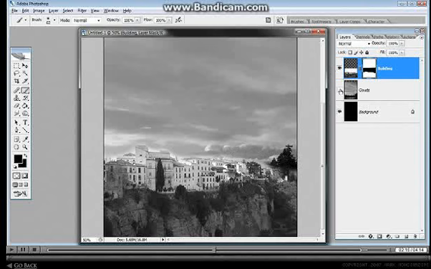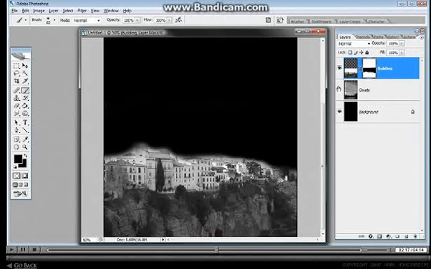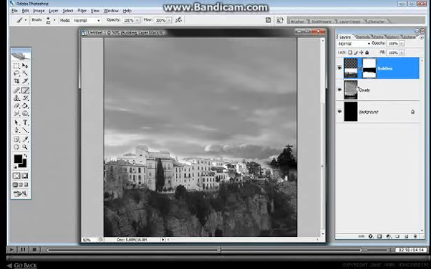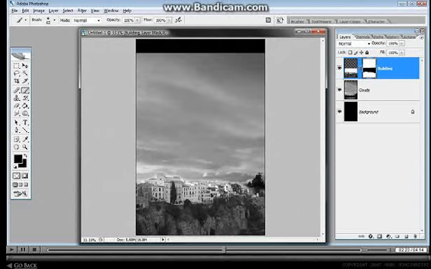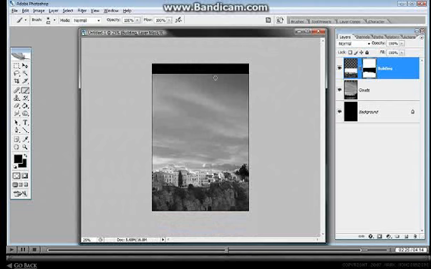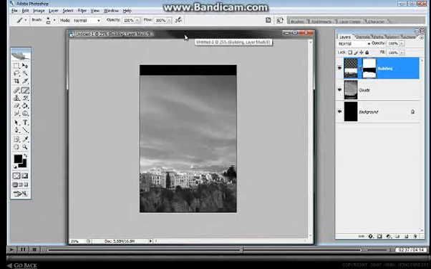And if I make that invisible, you can see this is the before, and this is with the clouds layer below it. So what we're going to do is use this as the background. But we're also going to fade or use a gradient and fill this top in here with black, or have it go from black to transparency down to the building, or down to these